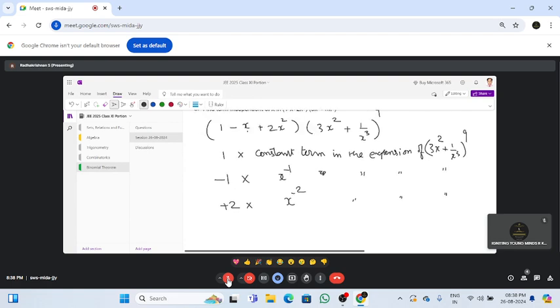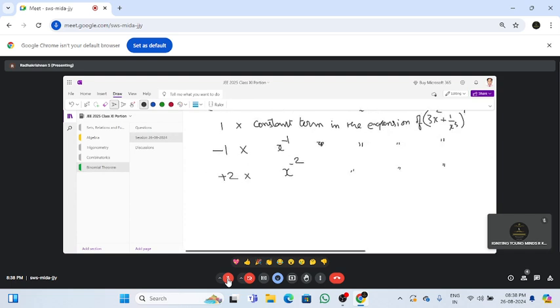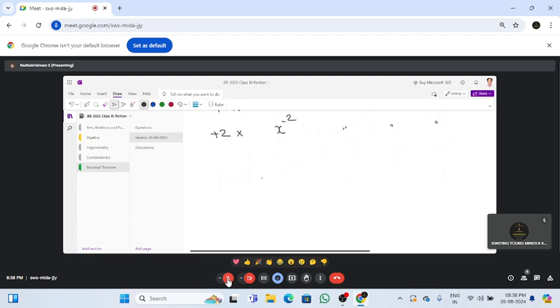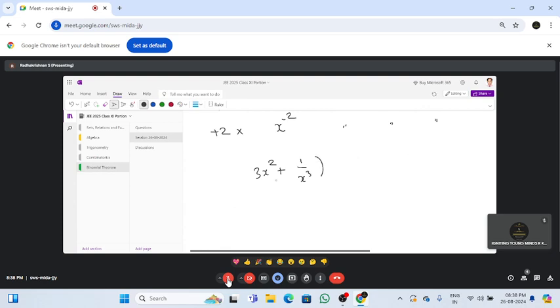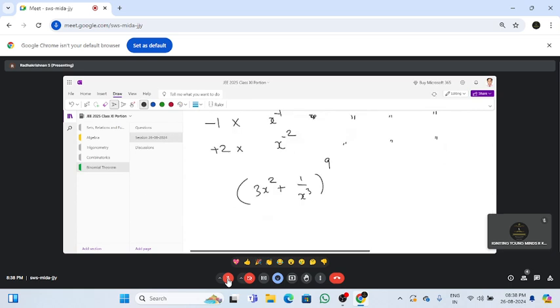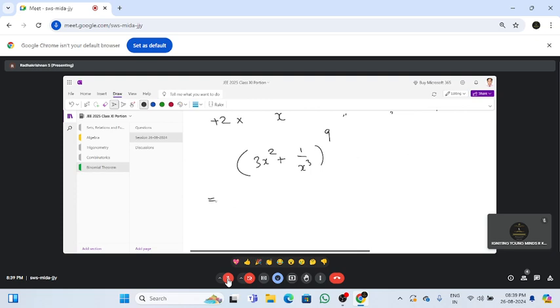Okay. Let us write this expansion. This is the expansion for which we need the constant term, x power minus 1 term, x power minus 2 term. 3x square plus 1 by x cube whole power 9. This is a binomial expansion, right? So write down the expansion. 9c0 a power 9 b power 9 minus 9, that is b power 0, plus 9c1